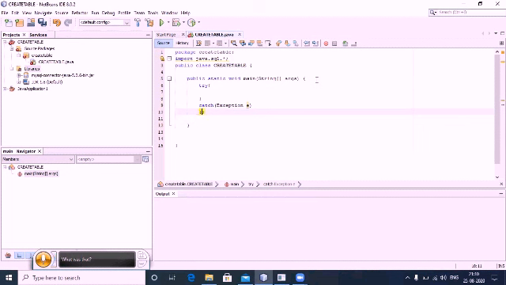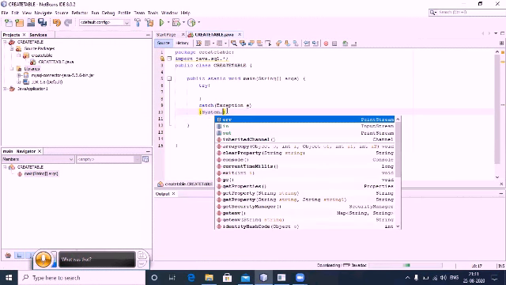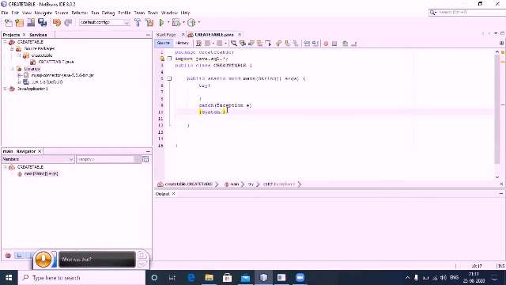Once an error comes in the try block, the catch block catches that exception and displays it in the output statement, for which I am writing System.out.println(e).